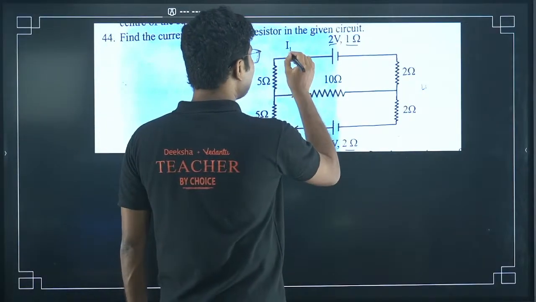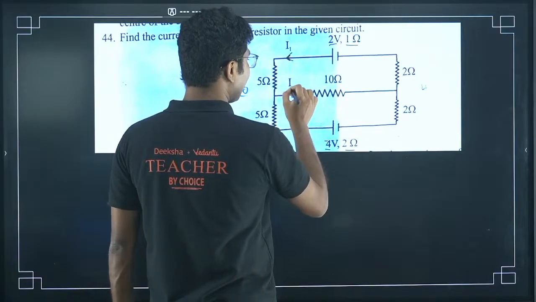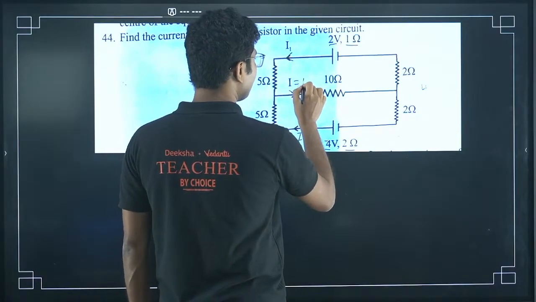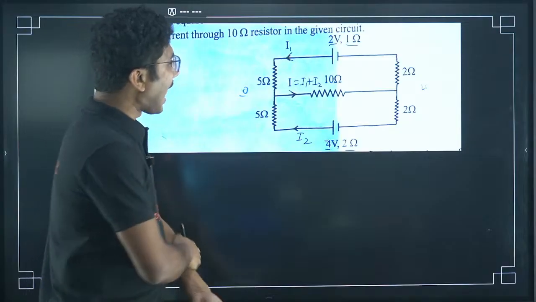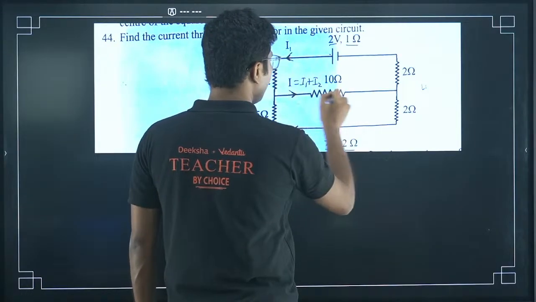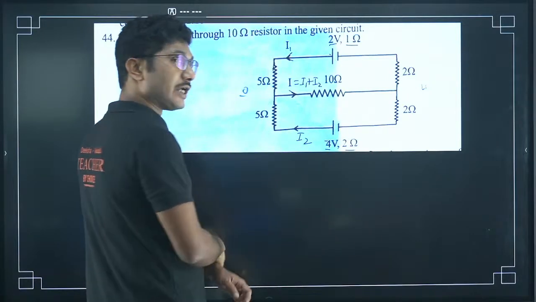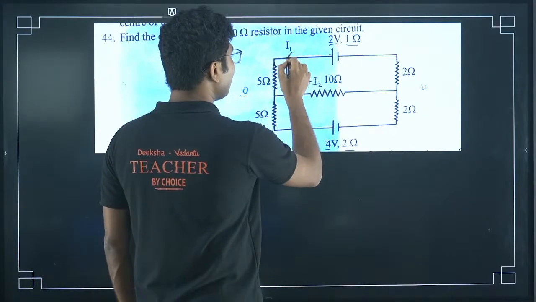So I1 current is passing through this, say I2 current is passing through this, and total current I is passing through this. So I equals I1 plus I2. Okay, this is one thing. And also first we will use this loop, and I generally prefer to use the direction in which the battery is trying to send the current. So if I1 current